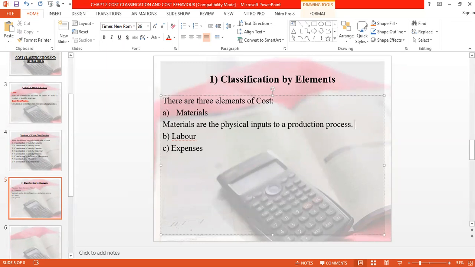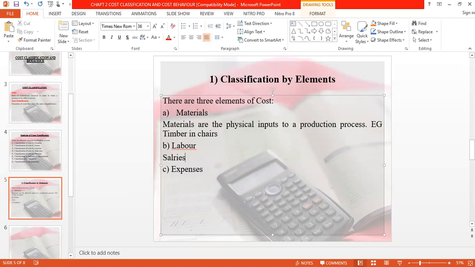For example, timber in chairs. So in other words, when you are making chairs, what are the materials that is used? Timber is used in order to make chairs. So that is the first element, physical inputs to a production process. We also have another element of cost called labor. So what is labor? Labor is salaries and